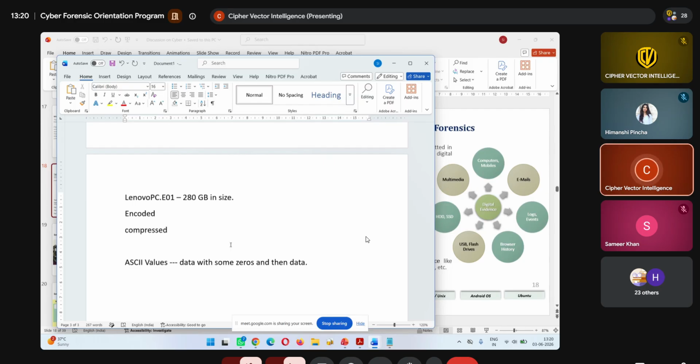The entry has been created. So whenever you decompress the file, the zeros are added back into its original state. Okay. So the forensic image is encoded because it's E01, and